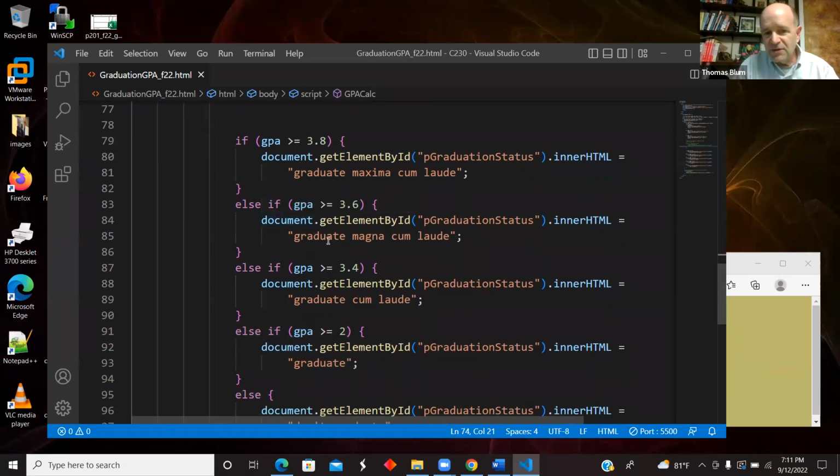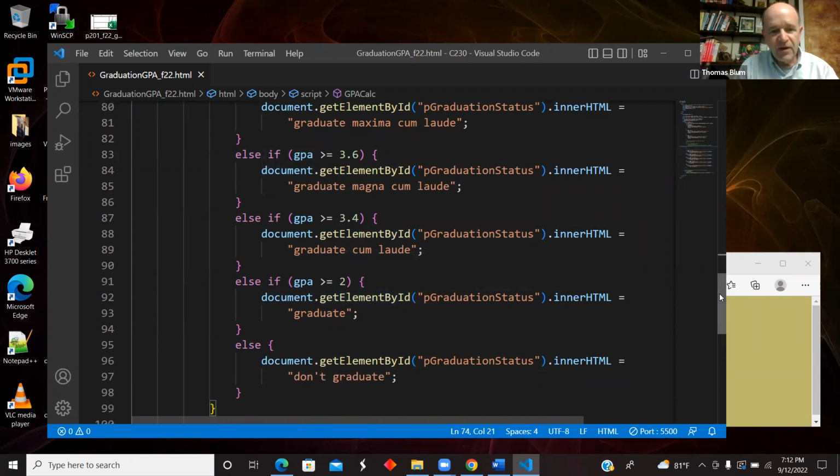And then, so I'm less than 3.8, and then I'm greater than or equal to 3.6. If that's true, I say magna cum laude. So if this was false and this was true, I'm magna cum laude. If this was false and this was false and this is true, I'm cum laude. And again, I only get to these because of the else. I only get to these if the beginning thing was false. So if greater than 3.8 was false and greater than or equal to 3.6 was false and greater than or equal to 3.4 was false, I ask this next question, am I greater than or equal to a 2? If that's true, then I am graduating. I don't have any honors, but I'm graduating. And then the final else